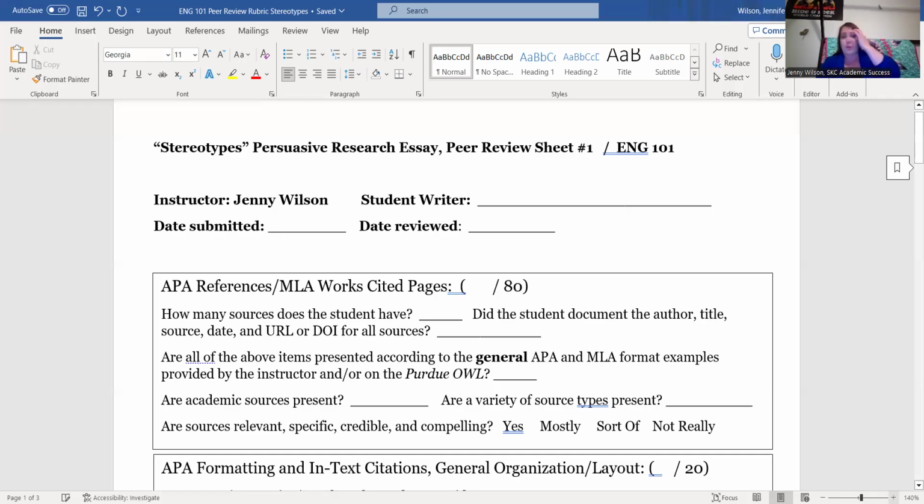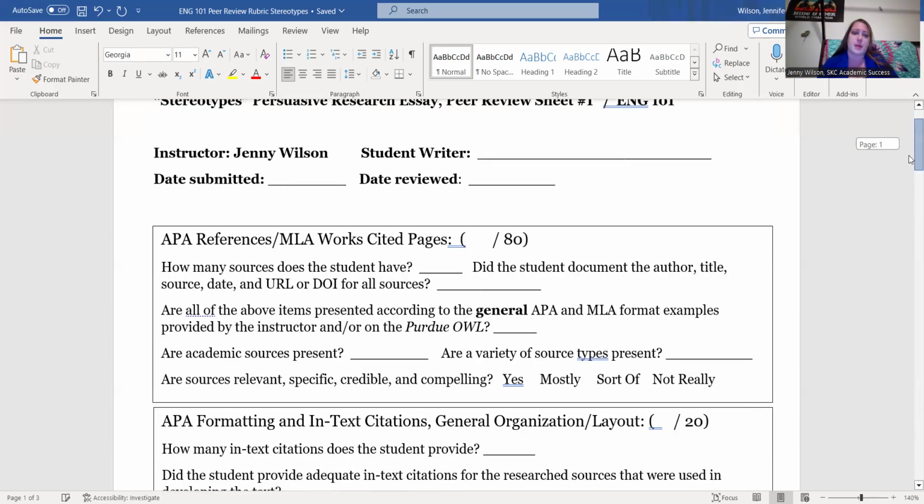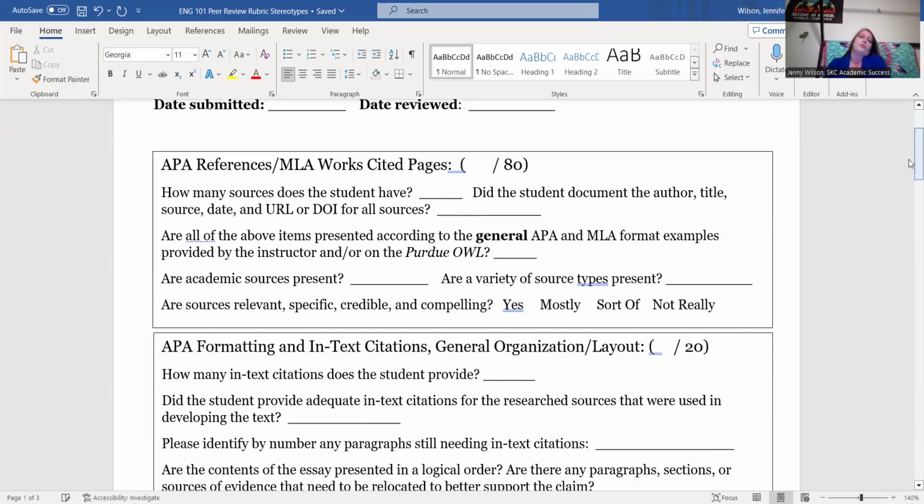Okay. So number one, when I set up this grading rubric, I'm hoping that you can keep this example with you for your own sake as you develop research papers for other classes. Use this as a guide, even if it's a different topic that the professor has assigned. I feel like what I've designed as far as this peer review sheet, which is my grade sheet, is pretty close to what a lot of professors out there are going to expect from you when they assign any type of writing assignment.